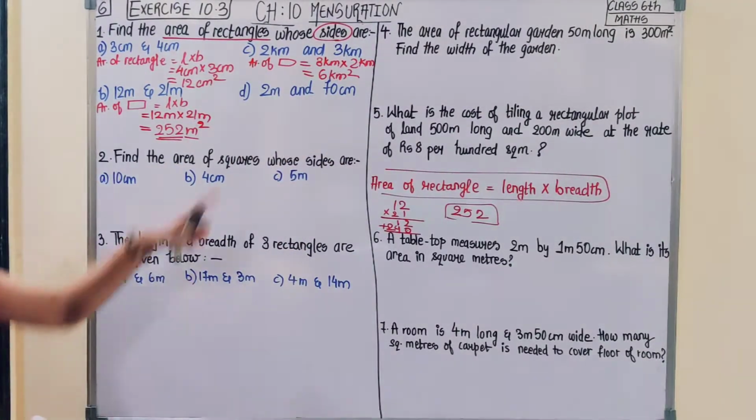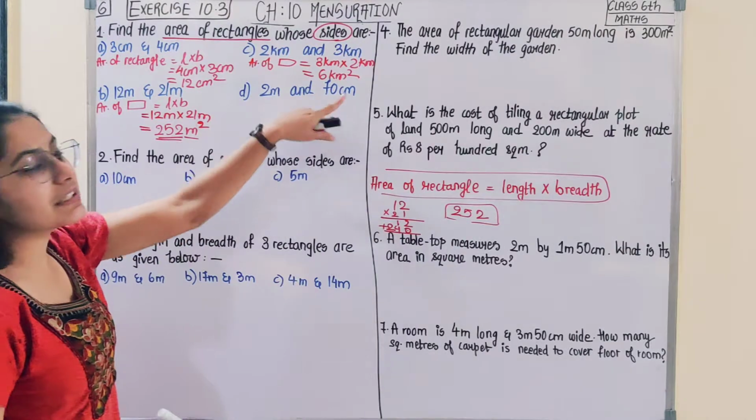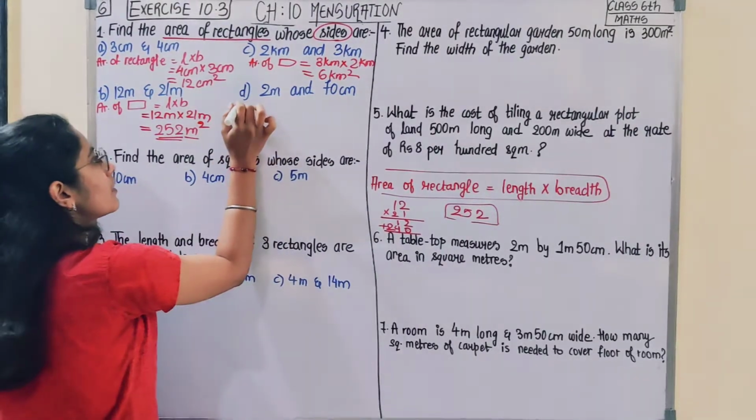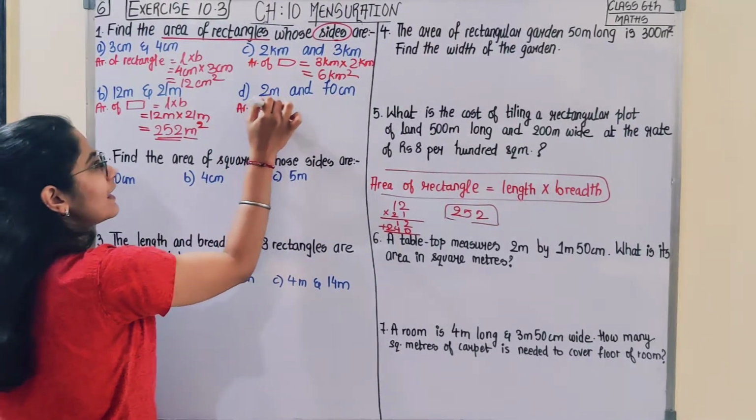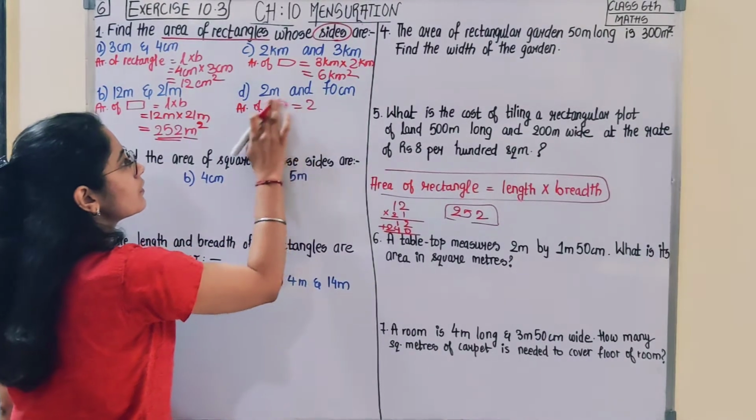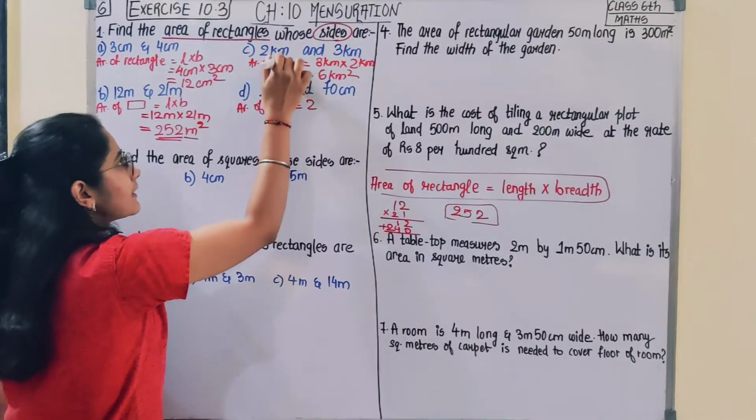Now if you observe here, 2 meter and 70 centimeter. So area of rectangle is equal to